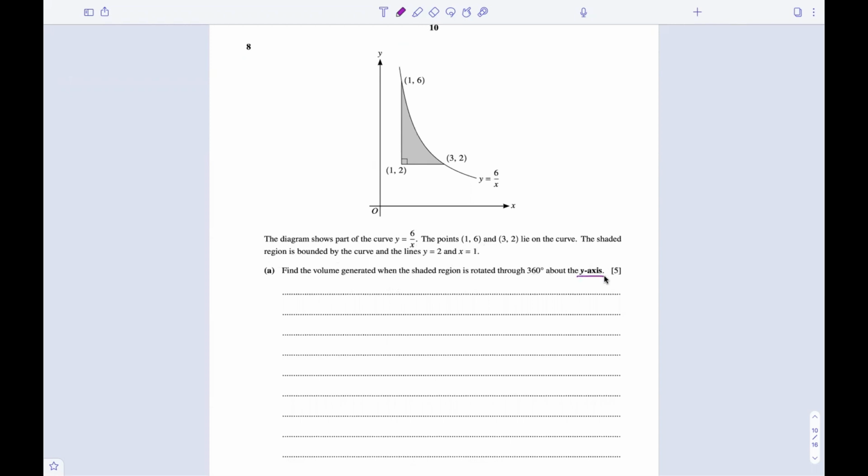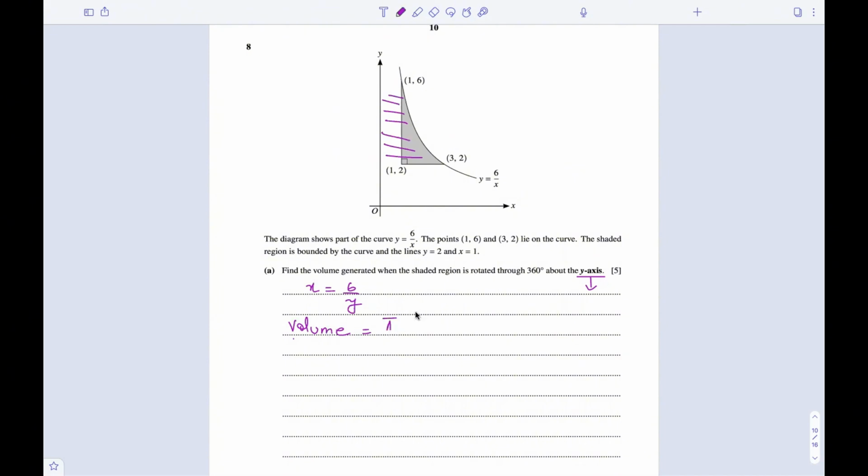Now, whenever it is rotated about the y-axis, it means that we have to make sure that our equation is in terms of x. So the curve equation will be written as x equals 6 upon y. First we'll find the volume which is lying under the curve, which will give us this total volume, and then we'll subtract the volume which is lying under the line. So for volume,